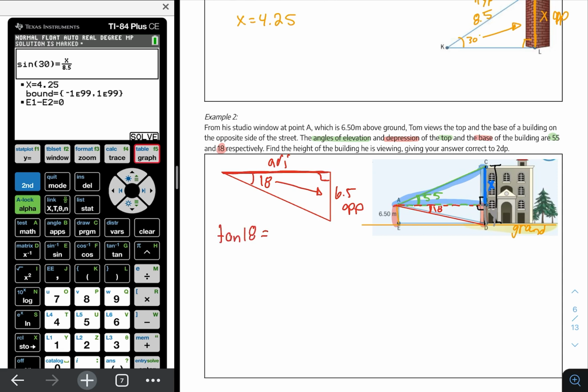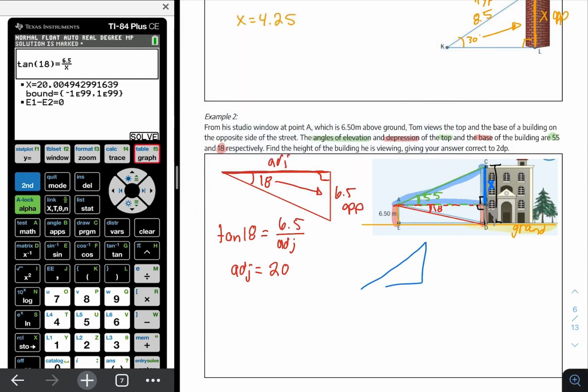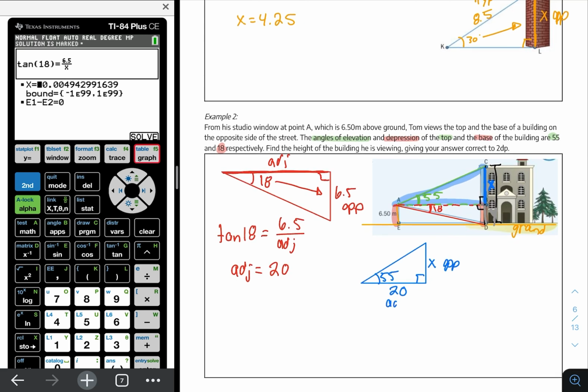The tangent of 18 is equal to opposite over adjacent. Putting this into numeric solve, we get that the adjacent is equal to 20. Therefore, I can use the first triangle. Let me draw it such that I have a right angle. The bottom is 20. The angle of elevation we said was 55. And we're looking for the opposite side. So again, I have opposite and adjacent, so I can use the tangent ratio. So x over 20. Putting this into numeric solve, we get that x is equal to